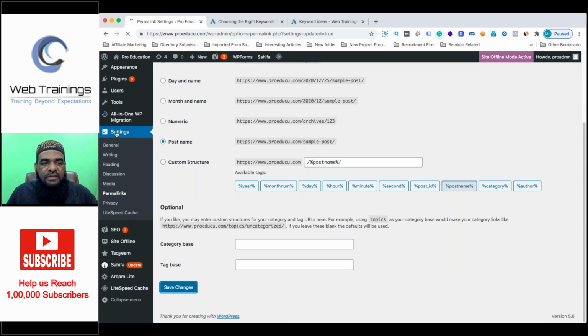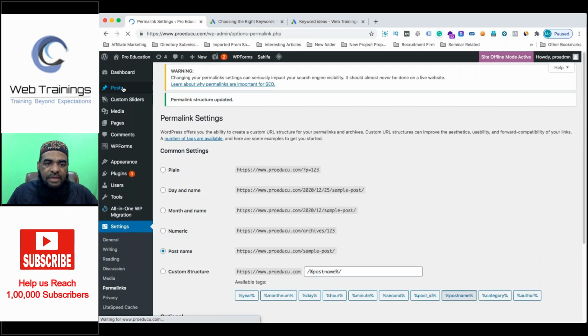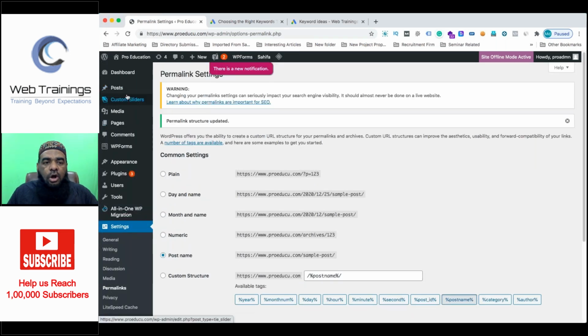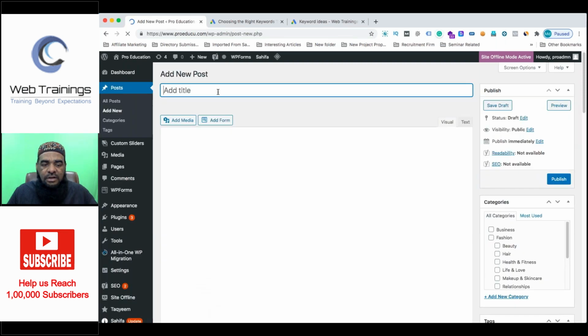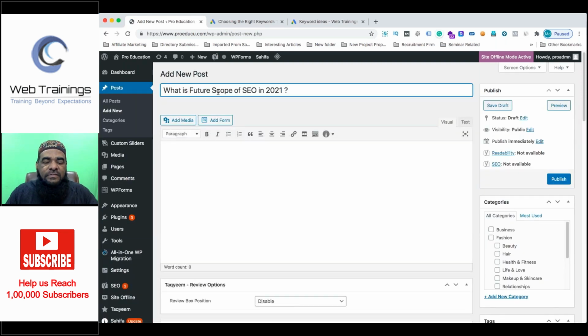So what it does is simply, whenever we create the post, automatically the post name will be added as the default title of the URL. I will write the same name. Now see this, and now let's see the permalink. What is the permalink recreated as now in this theme? All right, so we have to change it again.